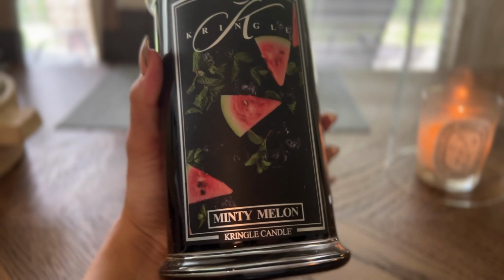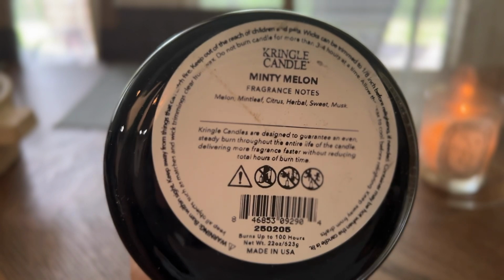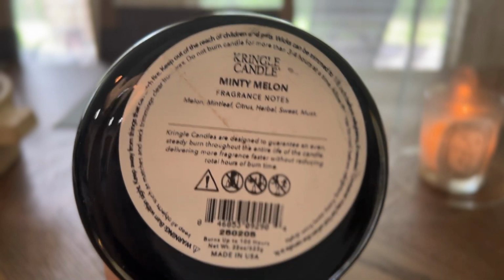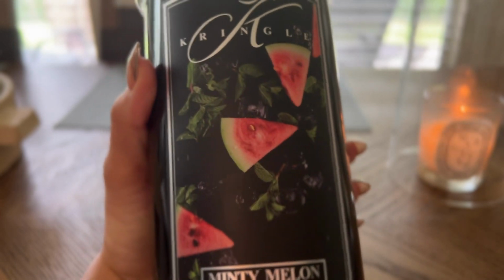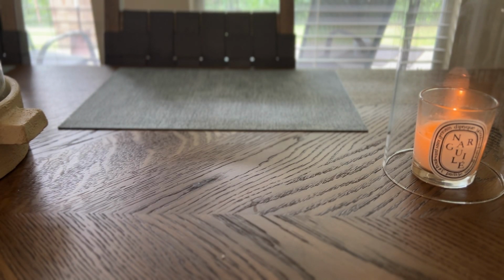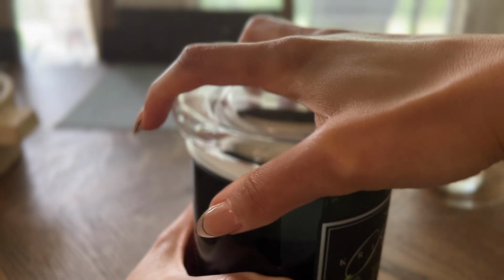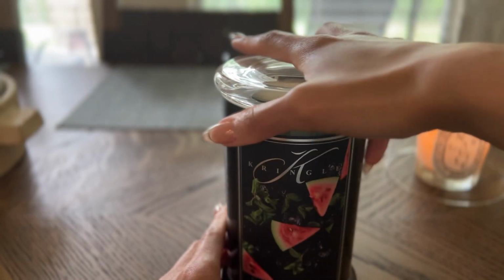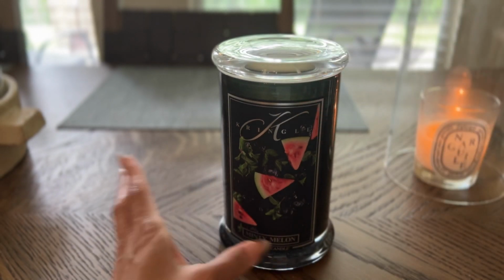Minty melon is the last one. This is melon, mint leaf, citrus, herbal, sweet, and musk. That's the label. Hopefully I've been showing y'all the labels, because I actually really like the picture labels. Wow. Okay, so one thing I necessarily don't like about watermelon scents a lot of the time, or any melon scent, is that if it's too melony,